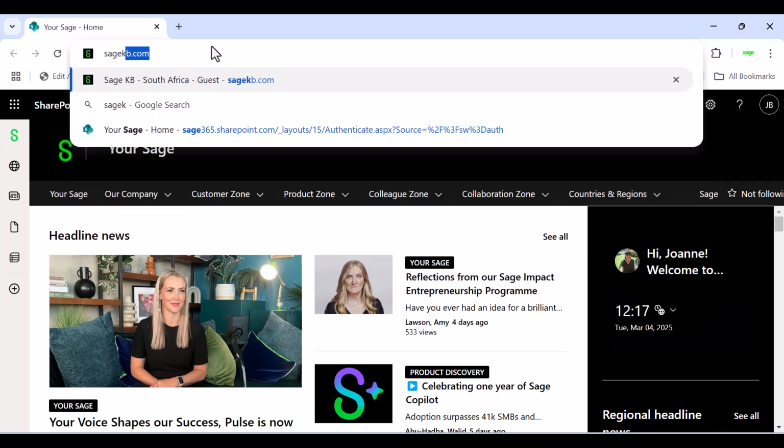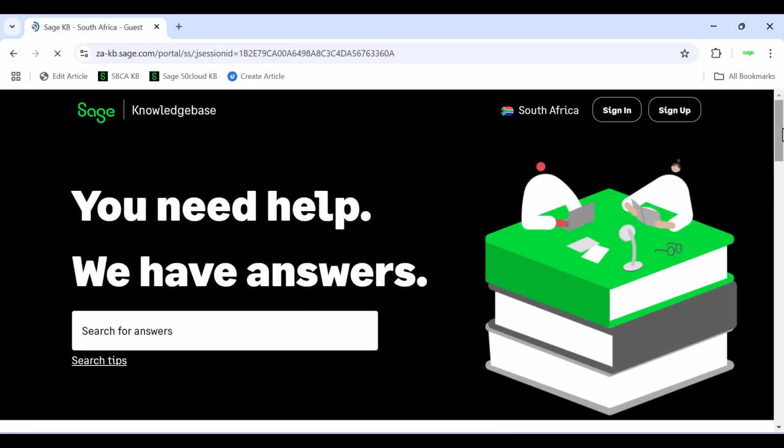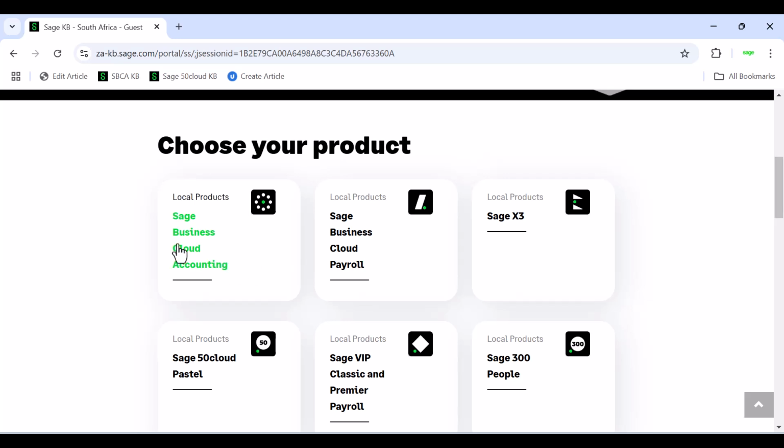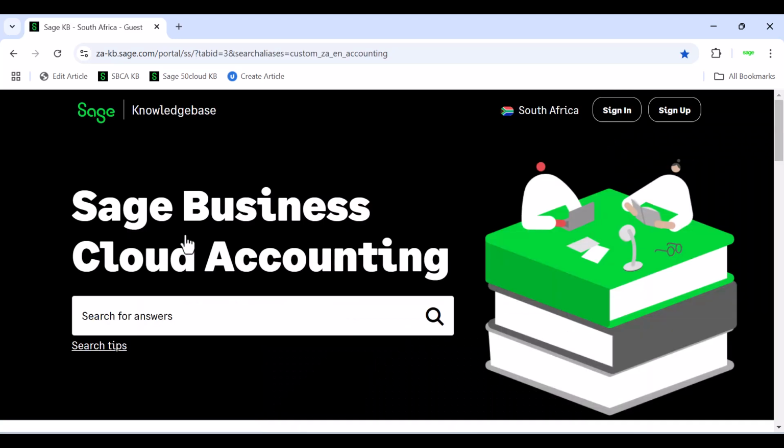Type sagekb.com in the search bar and press enter. The Sage knowledge base will open. Scroll down and select Sage Business Cloud Accounting. You can now type in keywords in order to see if an article exists for the step-by-step guides that you